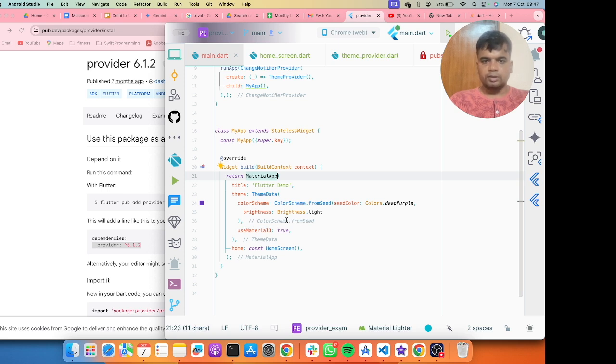Then here I will assign the value to the provider in the custom switch.